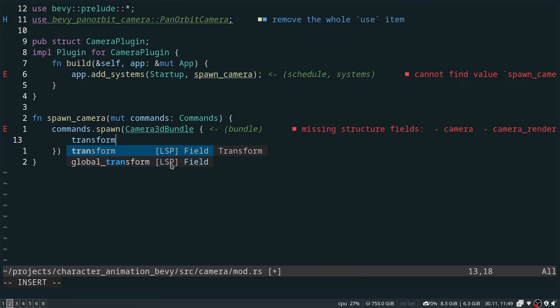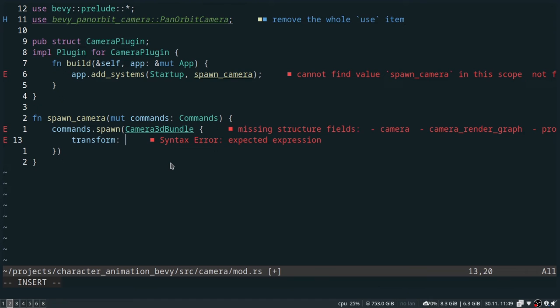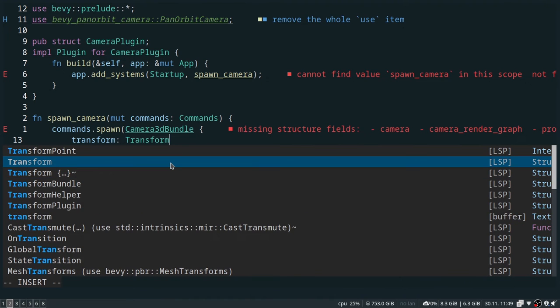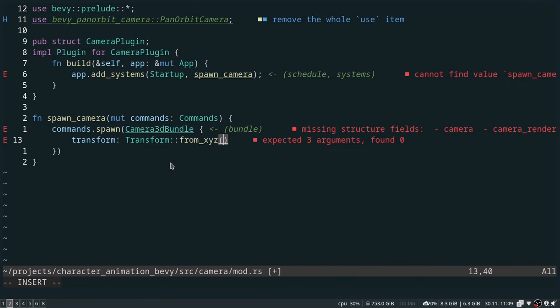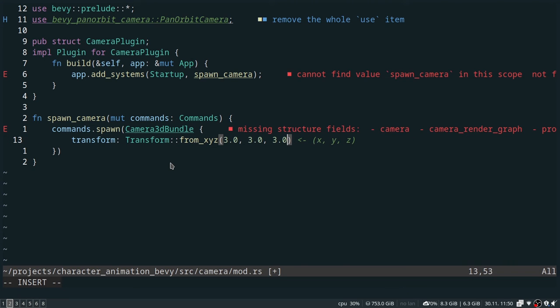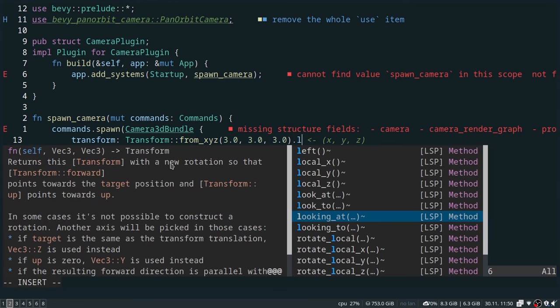We are going to actually spawn it in a certain place because we don't want it to be at the 0, 0, 0 of the world. We'd like to be kind of up and away from the middle so we can look down at our creation here. So we'll specify the transform property. And you can use this handy method to just specify where you're going to be. So I used these values to kind of be at an angle. And we will specify looking at